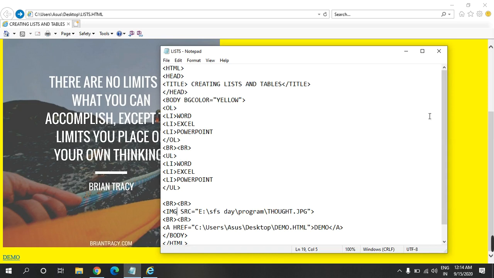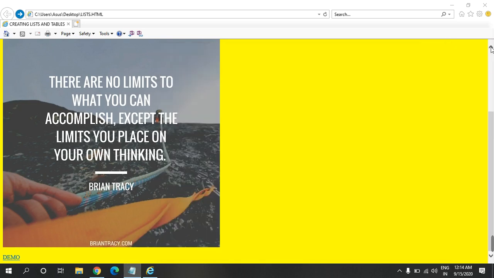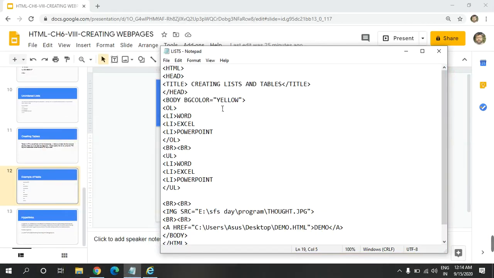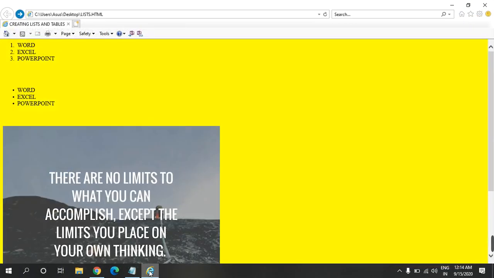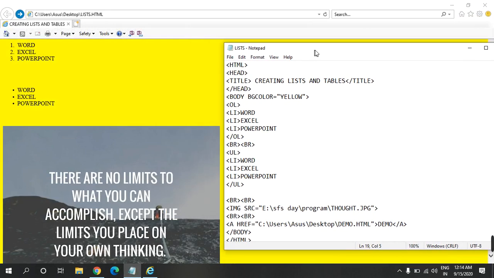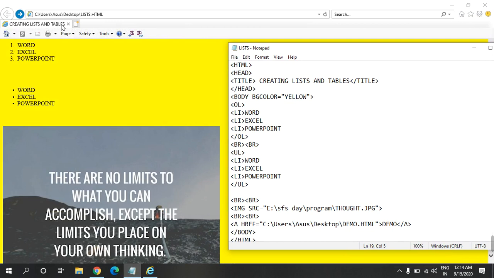So you may see here, this is the output. So first let me explain to you one by one. You can see the title is creating list and tables. So first we have given, you may see, the color at the background, and the color is yellow.